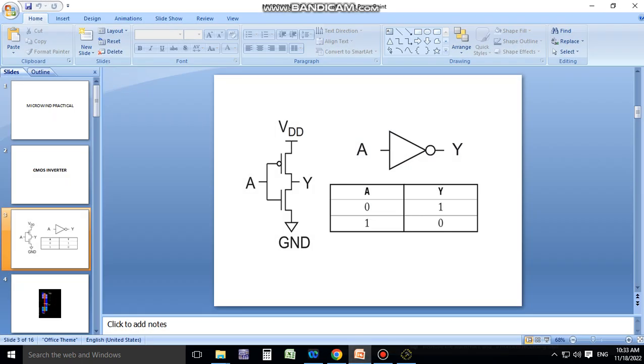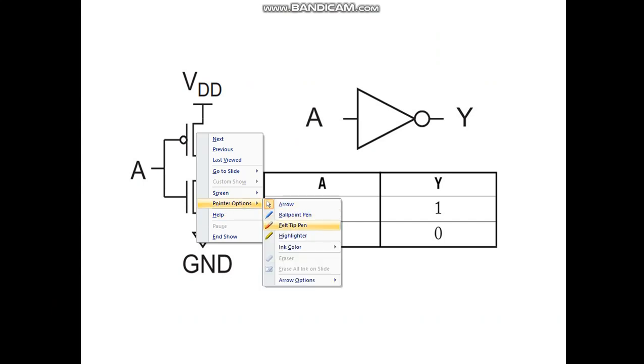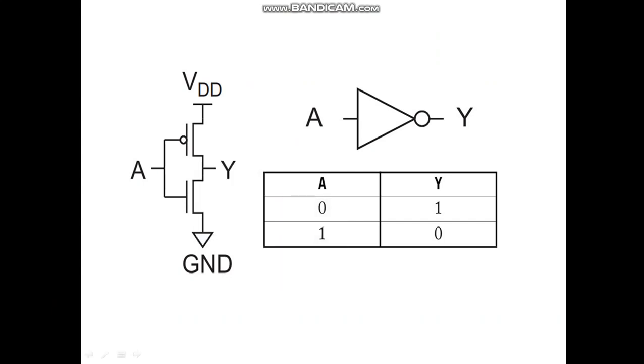Good morning students. Today we will discuss the CMOS inverter using the Microwind software. This is the circuit of the CMOS inverter. Now, in the CMOS inverter there is one PMOS and one NMOS. The source terminal of NMOS is connected to the ground and the source terminal of the PMOS is connected